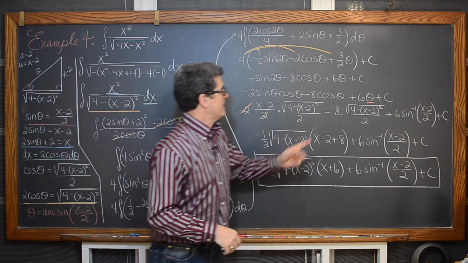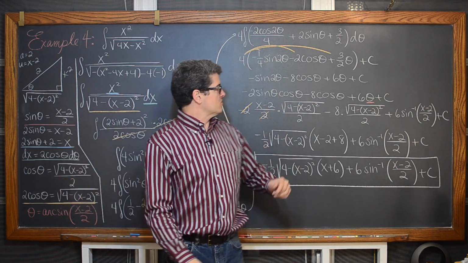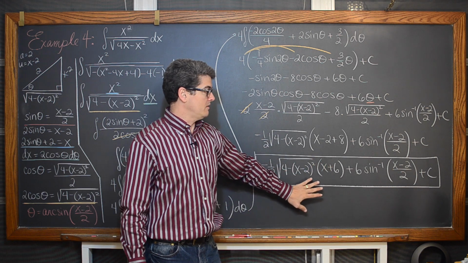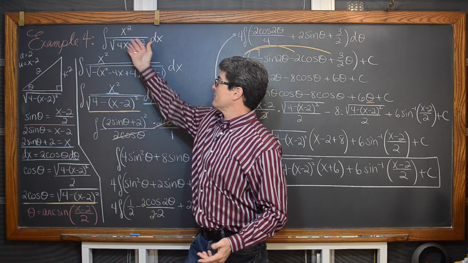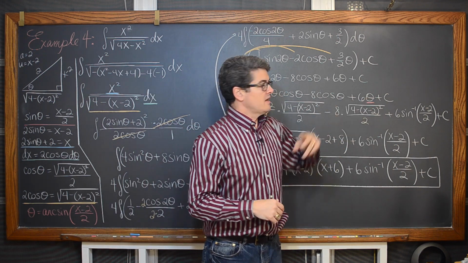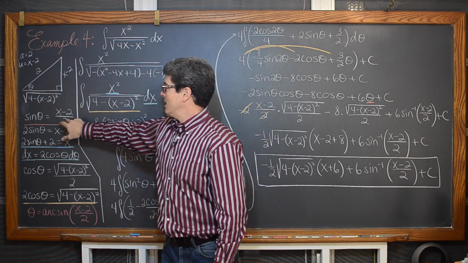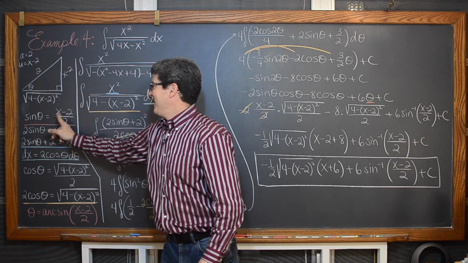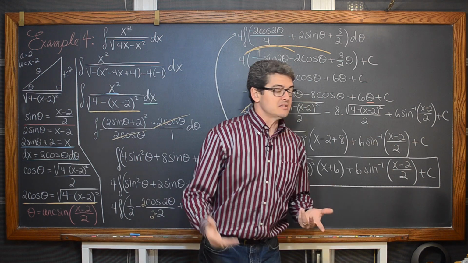Oh, and then we had our 6 theta there, so I underlined that in red, remembering that as you're trying to go back into references of x and get the answer in the original variable of the integrand, in this case x, you want to say, oh, I have a theta here, not a sine theta or cosine theta. Go back to your original trig function, the sine of, the tangent of, the secant of, and get that in terms of theta. And of course we have arc sine, and inverse sine means the exact same thing.